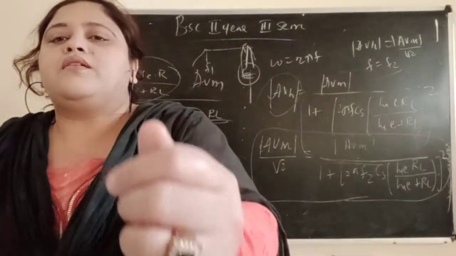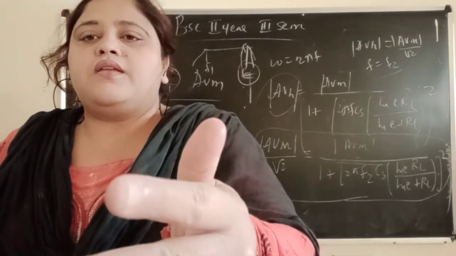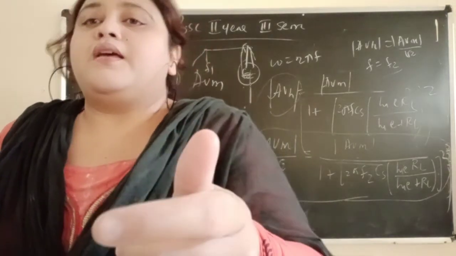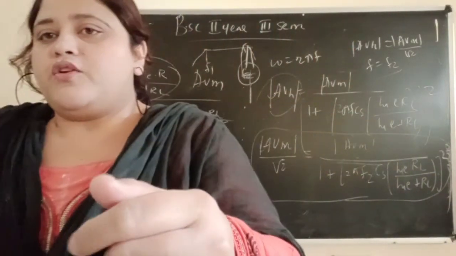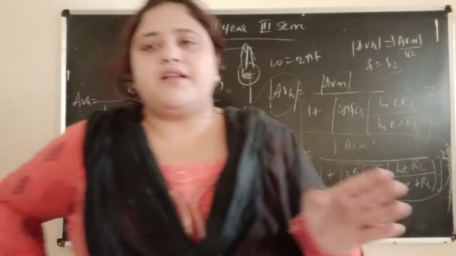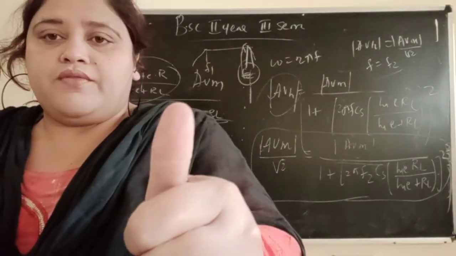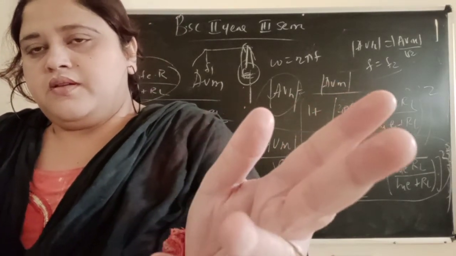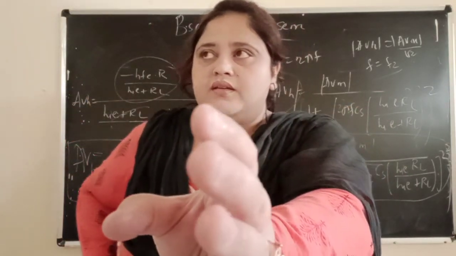That is, we went for RC coupled amplifier first introduction, then circuit diagram, then circuit description, then operation. It is like one chapter, but essay answers also they will ask. You will have internal choice questions. The second chapter of your unit 3 will be feedback in amplifiers. So here it will have internal choice also. So here in RC coupled amplifier, first you have learned introduction, then circuit diagram, circuit description, then we went for operation.